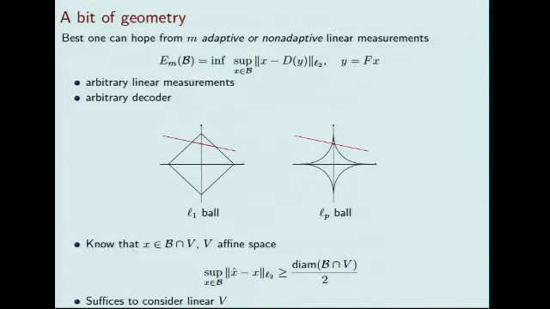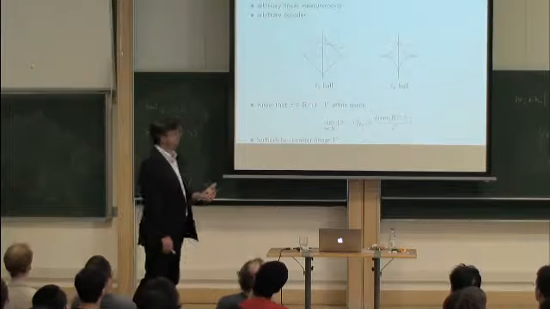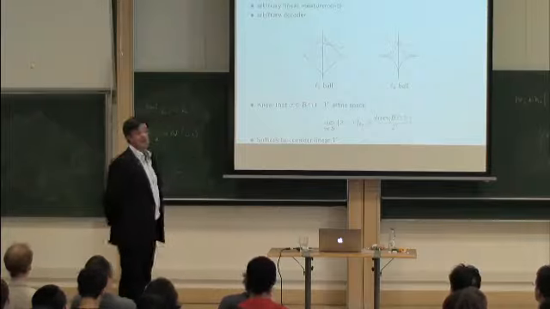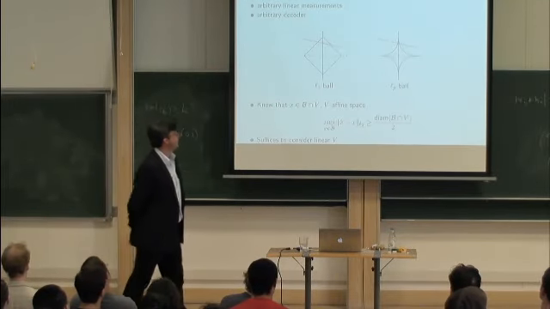Right, so you're going to make linear measurements, and then you would want to find any reconstruction algorithm, which we're going to call D, so that the error x minus your recovery, and your recovery here is D of y, is as small as possible. And we want a universal bound, so we're going to be concerned with the supremum over all x in our ball, for example, in the L1 ball. So here you can take any measurement you want, you can have any recovery algorithm you want, and E_m will be essentially how well you can do. This is the absolute lower bound on how well you can do by being adaptive or non-adaptive.